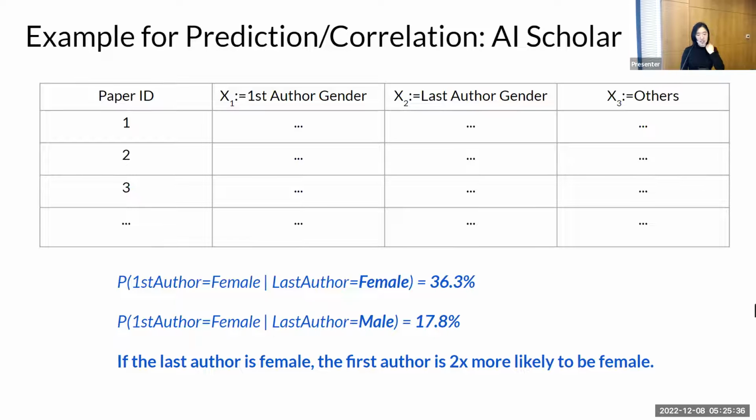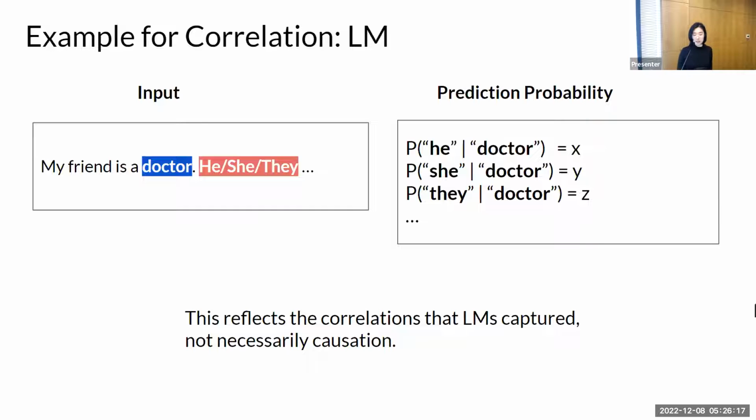The other thing we can see, maybe even more aggressive conclusions, such as if we collect a data set of papers and they have different attributes, such as the first author's gender, last author's gender, and so on. We might also see statistical dependencies, such as given the last author being a certain gender, the first author is more likely to be what? So some specific example we can see is if the last author is female, then the first author is 2 times more likely to be female as well. These all, as we mentioned, are correlation, pure statistical dependency.